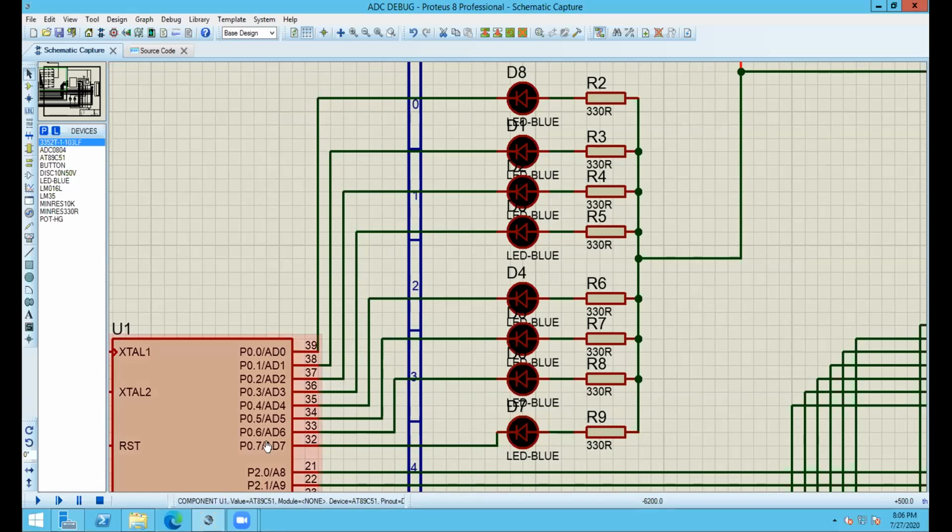Okay, tell me. If I make P0.7 high, will this LED glow? No, sir. Why? You are right.